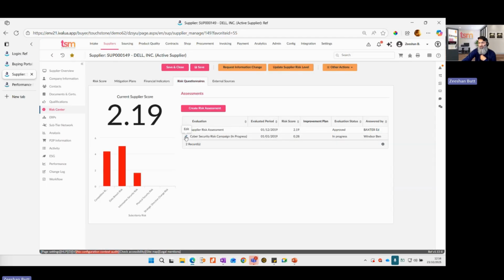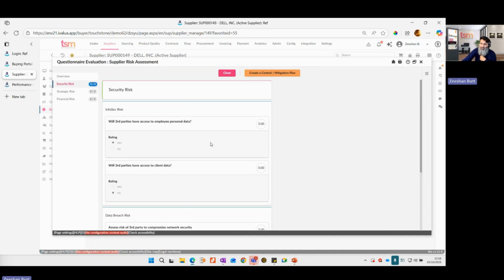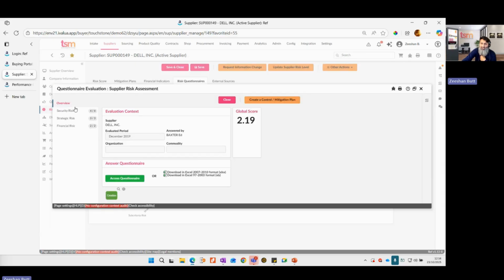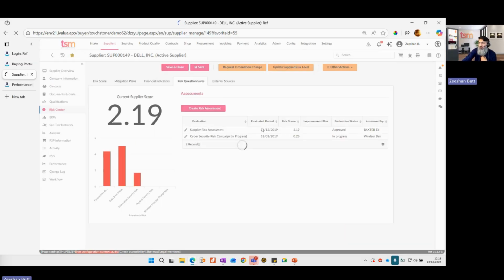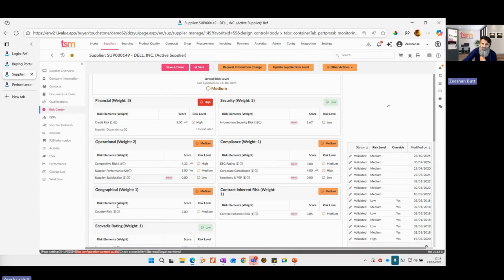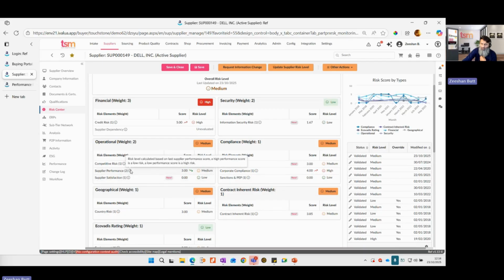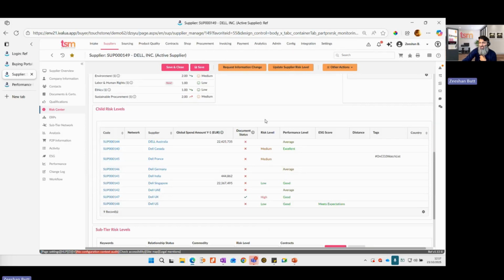So if I look at one example here, let's say that there is a recurring risk assessment questionnaire, and you have different sections and subsections, but you can see that every question has a score, and every section has a score as well. Okay, and that builds up and will come up with an overall score here, as well as it will actually feed into that scorecard that we have. So that scorecard, some of these elements could be coming through from a particular last risk assessment that you have done. Okay, so I hope we've understood some of these sources and how we can bring them in,